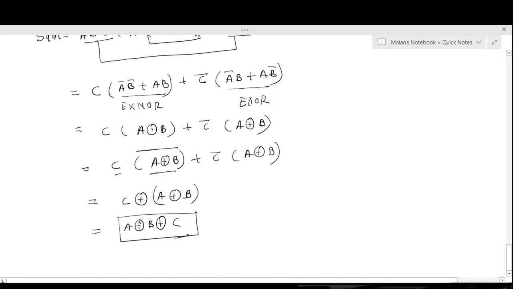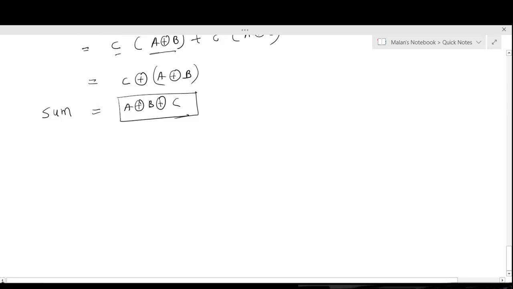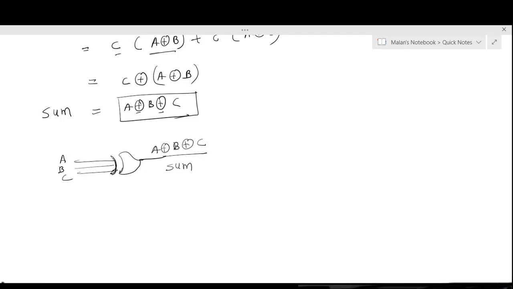Now once I have simplified the expression, I can design the logic circuit for the sum by using the special gate XOR. Two XOR operations are required, so two XOR gates I need. This is the first XOR which takes the inputs A, B and gives A XOR B, and then with C gives me the output A XOR B XOR C, which is nothing but the sum. And carry also I need to implement. The carry expression we have not minimized, so 3 AND gates I can show here.